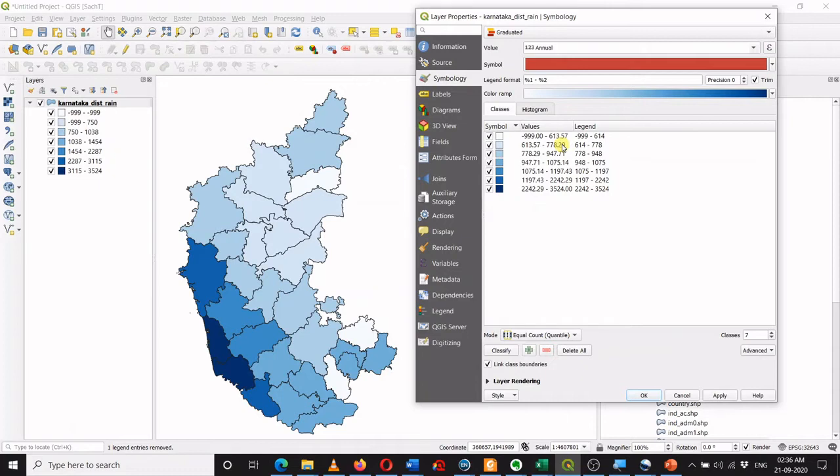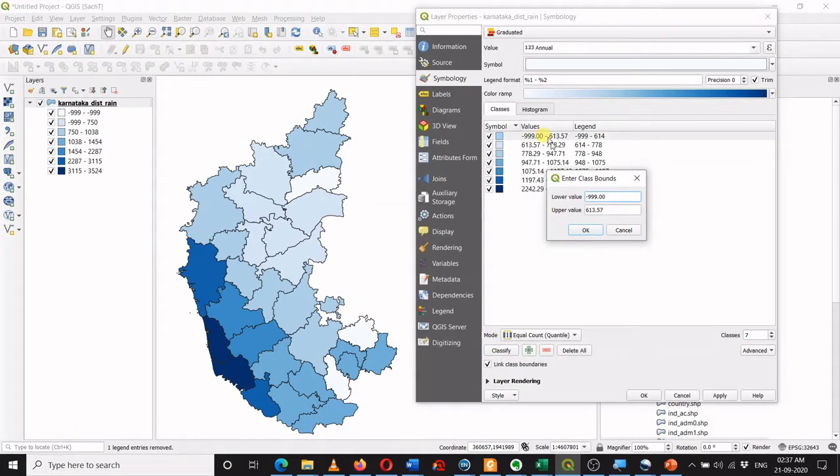Every time you change anything, you have to click on classify so that these classes get updated. Now I know that -99999 is a separate class which is a no data value. So I do not want to mix this -99999 with the other classes which have actual rainfall data values. So I can change the lower and upper values of the class.